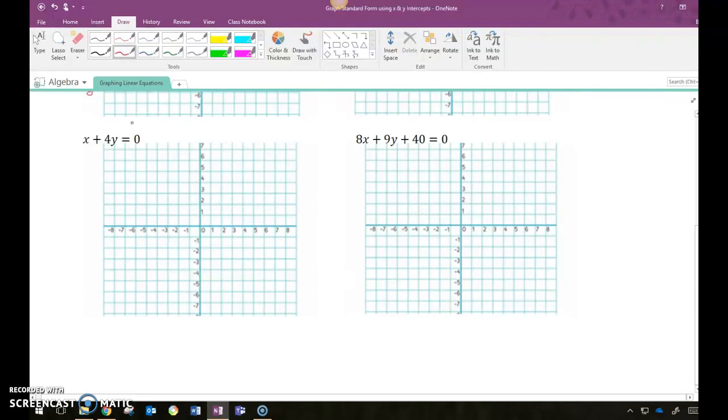All right, so in this example, I notice it's in standard form, but this is 0 on the right-hand side. So anytime a standard form equation equals 0, both intercepts are actually going to be right at the origin. So that doesn't help me draw the line. I need at least 2 points to draw the line. So what I'm going to do is change this to slope-intercept form so that I can graph the equation. Now to put an equation in slope-intercept form, if you remember, y equals mx plus b,